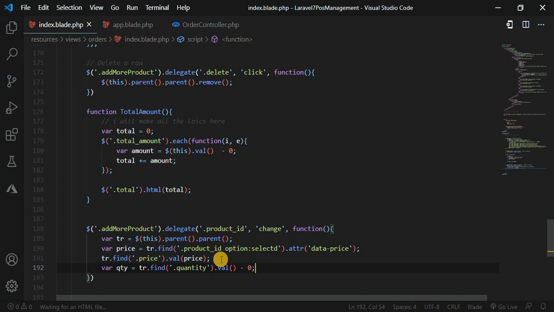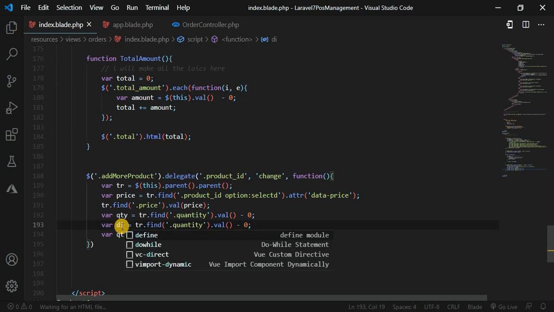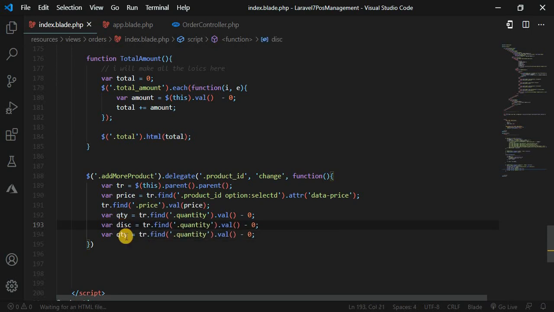Okay, and copy this, paste it like this, and I come here also. You can pass here the discount. So come here, when I pass discount, the value of minus 0, and the next one gonna be what? Price. We're gonna find the class of price, the value of minus 0. Okay,